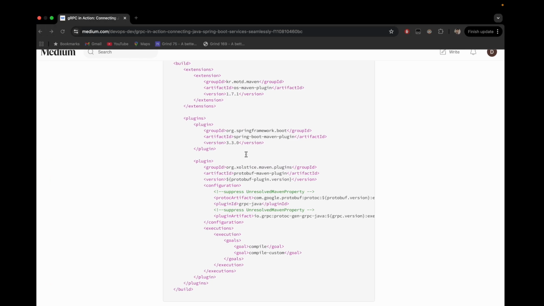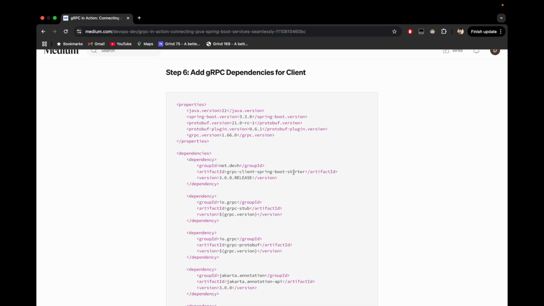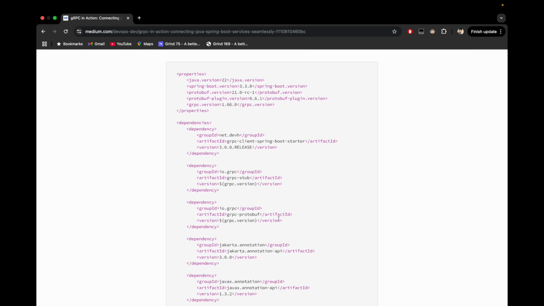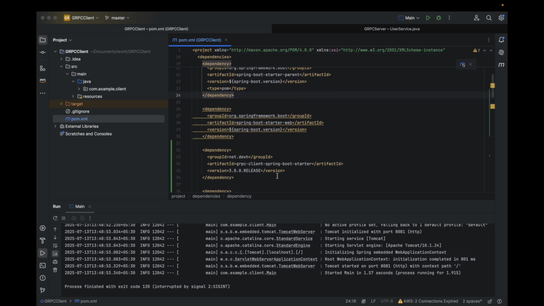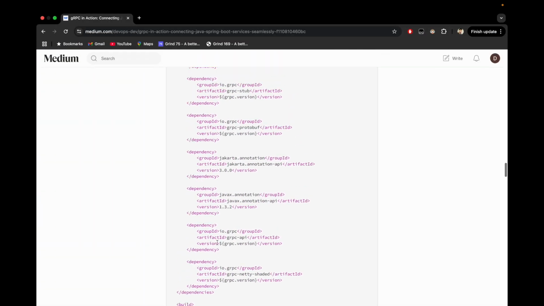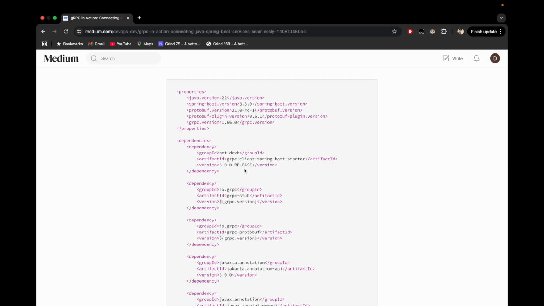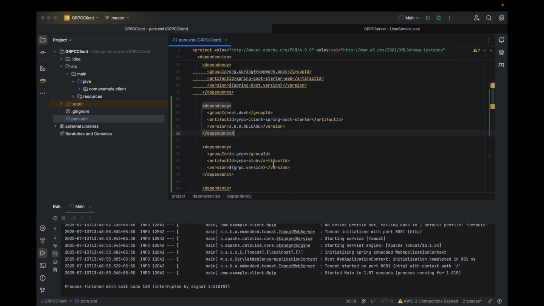Let me just try and explain it once. So as you can see, in the server, we were setting up a gRPC server, but in the client, the artifact ID is a bit different. It says gRPC client Spring Boot starter. A lot of other dependencies remain the same, right? And those all are dependencies that we need directly or indirectly to make your Spring Boot act as a gRPC client. We'll try and refresh the Maven project,